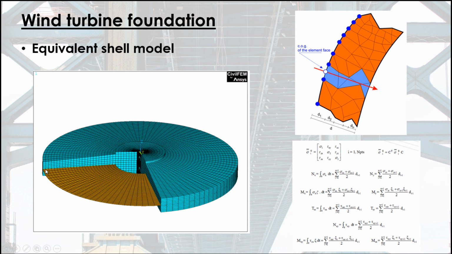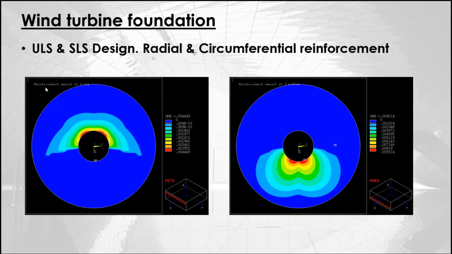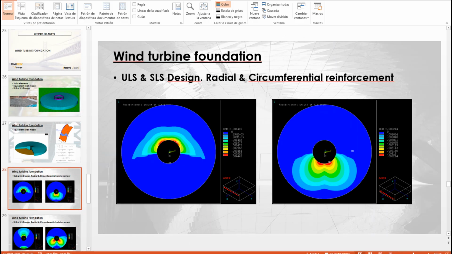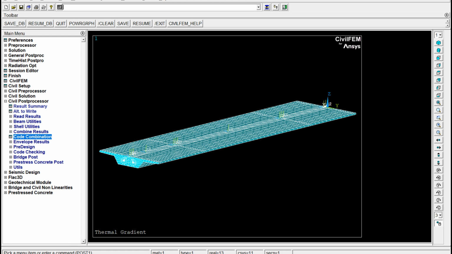So on every one of these cell elements, CivilFEM integrates stresses on the solid elements, just reading the stress tensors of the model and calculating forces and moments that are saved into this equivalent cell model. And then this equivalent cell model can be checked and designed under different codes. So if we check the model,